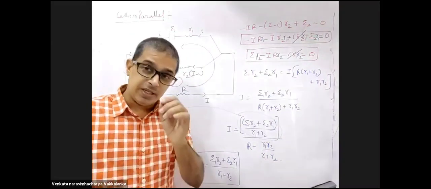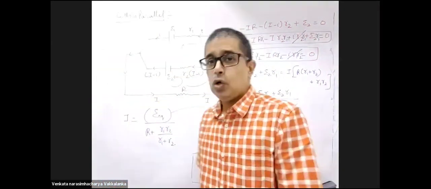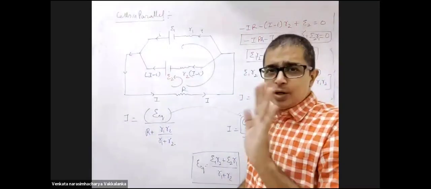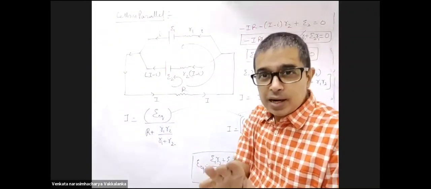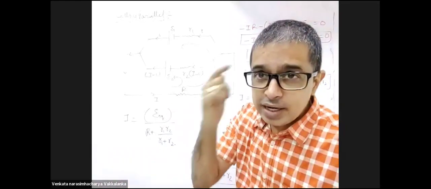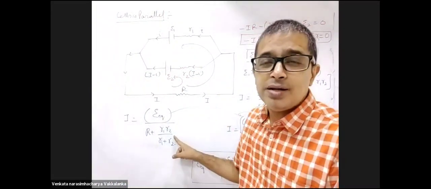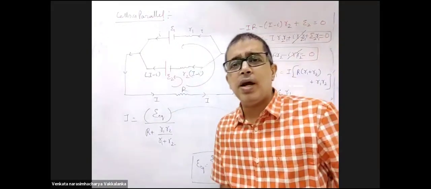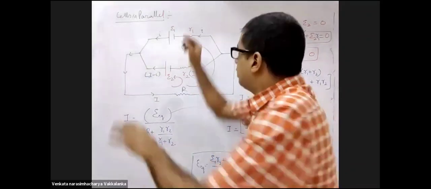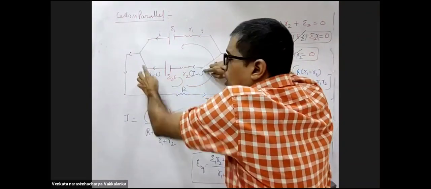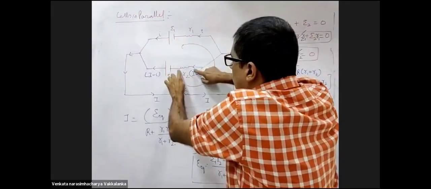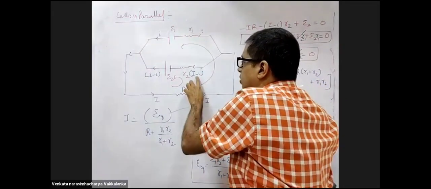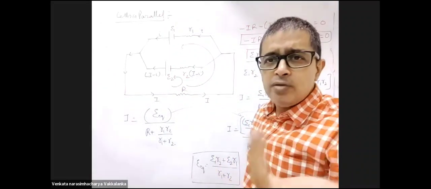Yes. But there is a small issue here. Look at the small issue. Though in this derivation, I did not use anywhere that R1 and R2 are in parallel, you started the derivation with the bias that R1 and R2 are in parallel. I have no reason to claim that. I can tell you potential difference across this and this is equal. How on earth can you tell me that? Is there any reason for you to believe I into R1 is equal to I minus I into R2? I have no reason to believe.